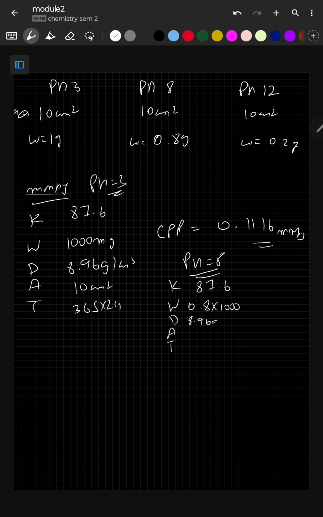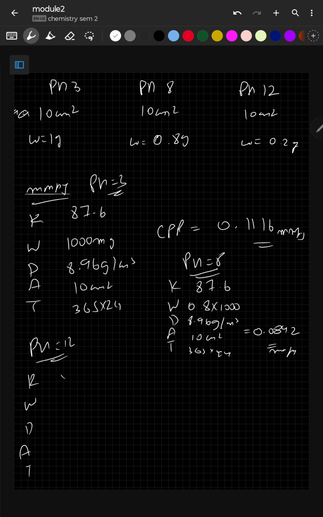Density is going to be same, 8.96 gram per centimeter cube. Area is again 10 centimeters square. That's what we need. Time period is 365 into 24. Same thing. So 87.6 into 0.8 into 1000 divided by 8.96 into 365 into 24 into 10. I'm getting 0.0892. This is rounded off to 0.09, which is fine. 89 will become 90, that's fine. This is mmPy. Now at pH equals to 12,